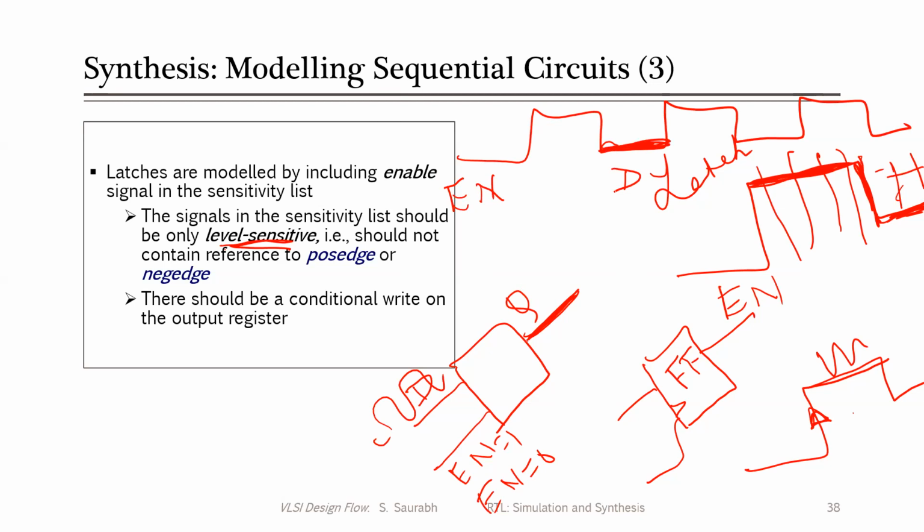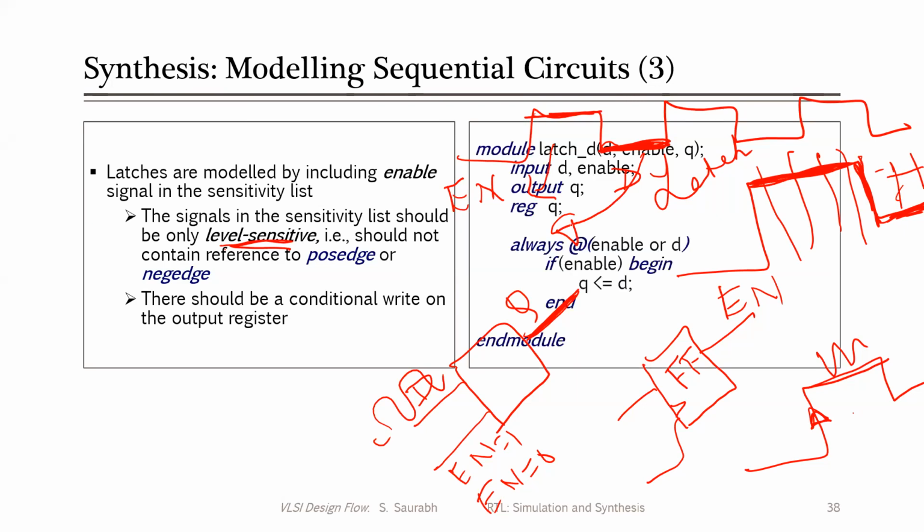So a latch is a kind of memory element, and therefore there should be a conditional write on the output register, meaning that in this region writing will happen at the signal, and in this region the writing will not happen. So there should be some condition under which it should be written, and some condition under which it should hold the previous value. So this is how we